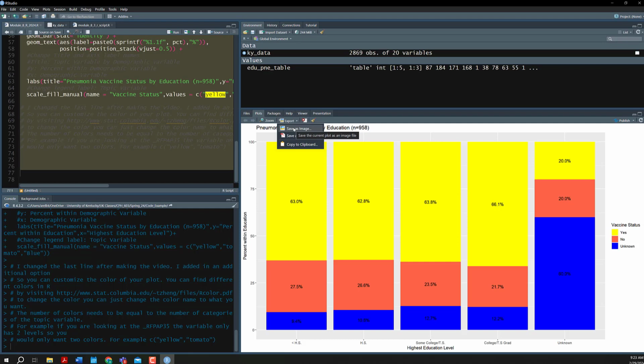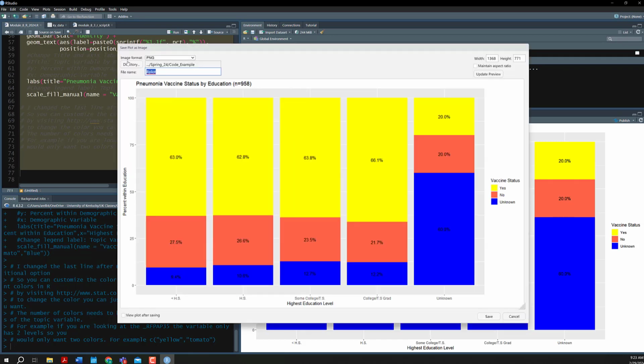You don't want to take screenshots and crop these. If you take a screenshot and try to paste it, a lot of times the formatting doesn't look good, and then if you go to adjust the picture, you're going to have some different issues. So you just want to click on Save as Image,